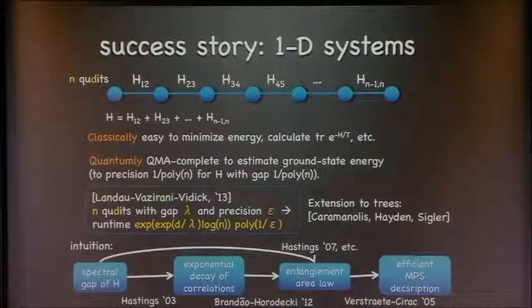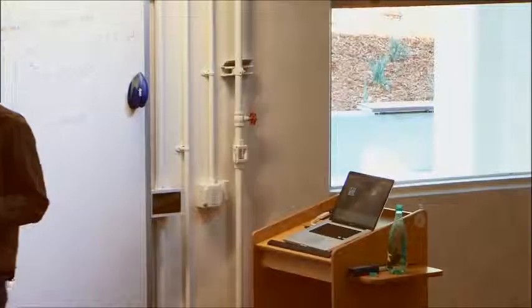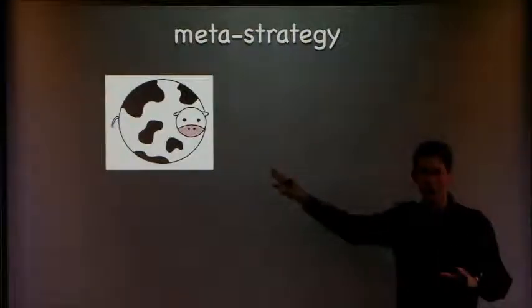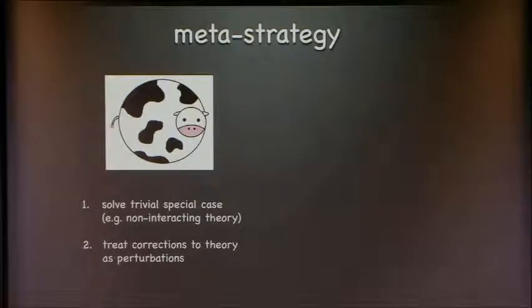Okay, so that's another example of how we found the parameter that controls the hardness, that lets us interpolate. And if I could just take a step back and say, what is the strategy that we want to do here? We want to model a system as a spherical cow, and then add little corrections, like in this case, a tail. And it's sort of the general theme of a lot of physics.